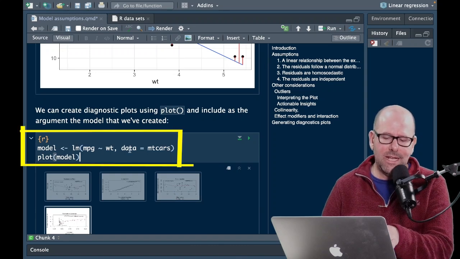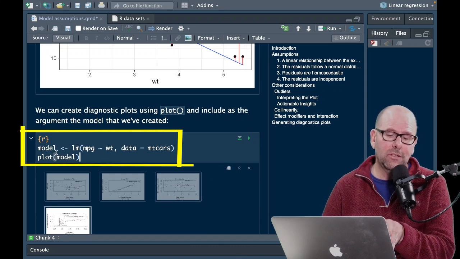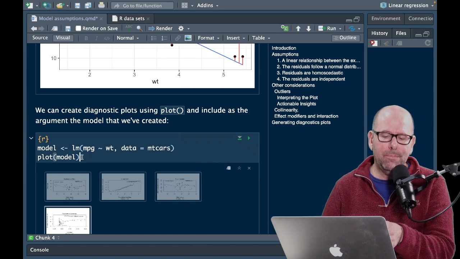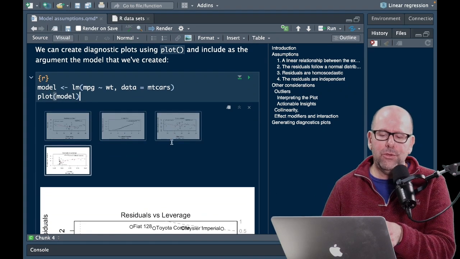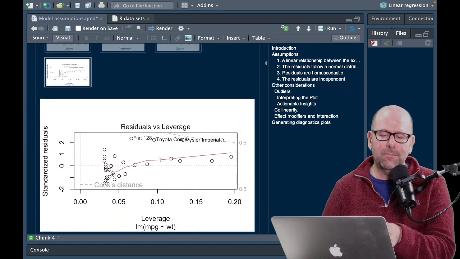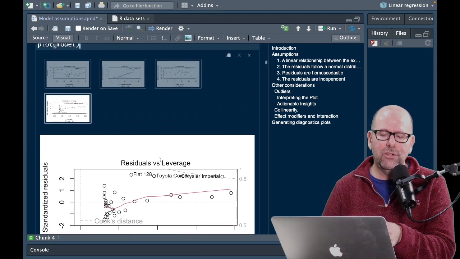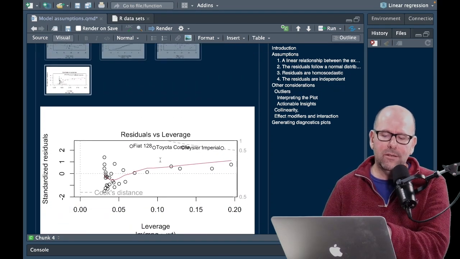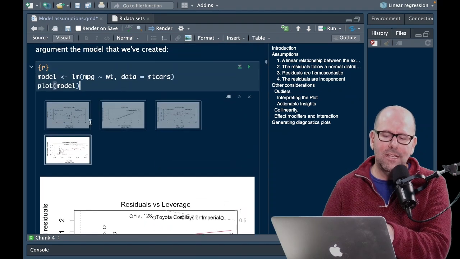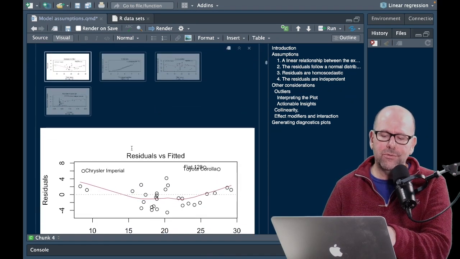So just so that you know, down here I've shown, once you've created a model, and I've just assigned this model to an object that's called model, you can call it anything. If you say plot model, R will give you a series of diagnostic plots automatically that you can use. We're not going to talk about leverage today because that's more about outliers, but it'll give you all of these plots, residual